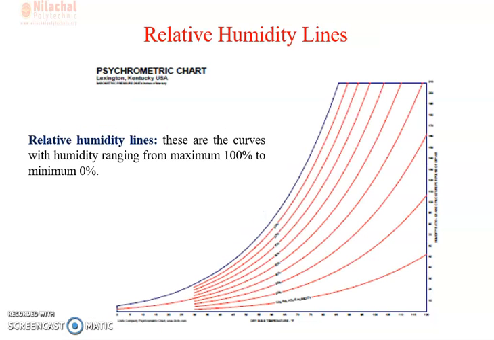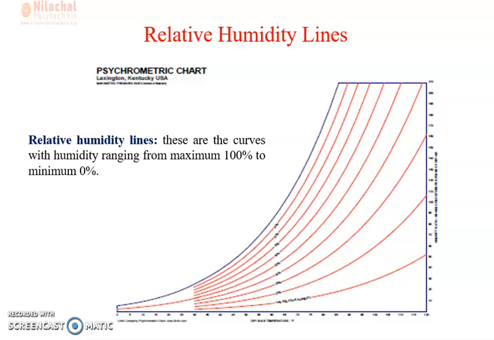Then the relative humidity line. The relative humidity lines are curved lines and follow the saturation curve also. Generally, these lines are drawn with the values of 10%, 20% and 30% up to 100%. The saturation curve represents 100% relative humidity, and the values of relative humidity are generally given along the lines themselves.